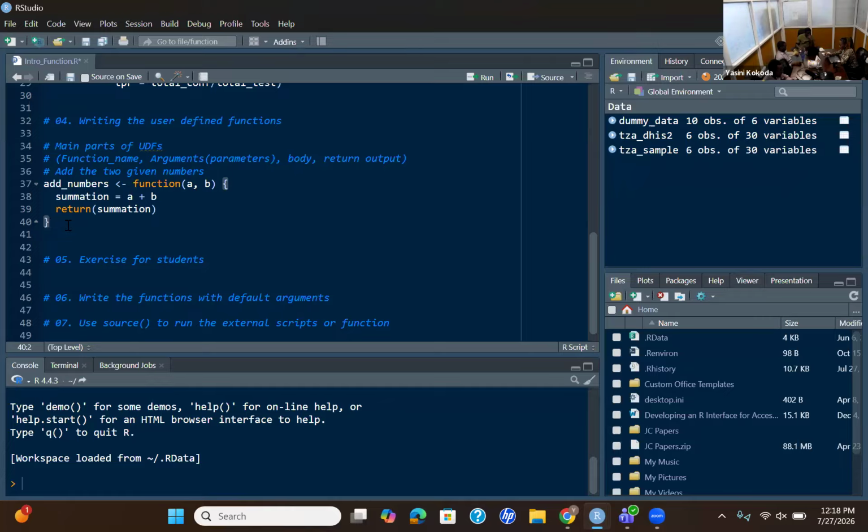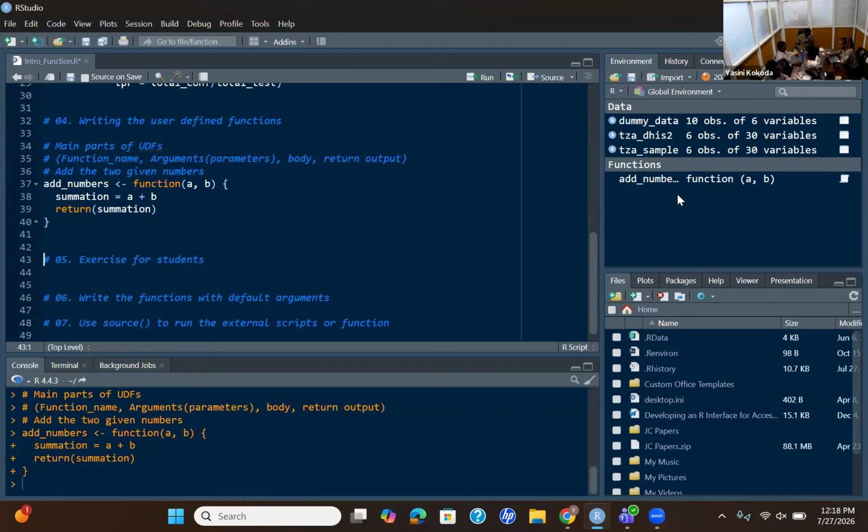So if you are here, try to run it. When you run it in your global environment, you will see the section where we usually store the data, and another section created specifically for functions. R has identified this function because we used the keyword function. So whenever you define your own function, it comes here. Even if you define 100 of them, they will be available here.